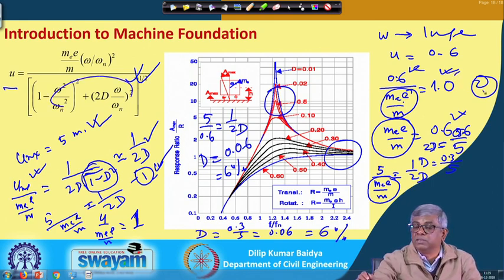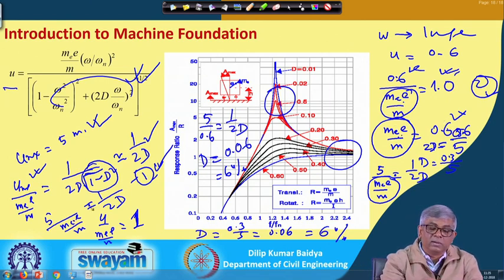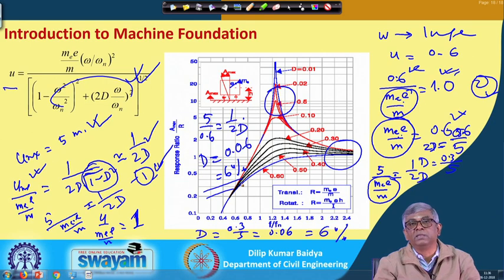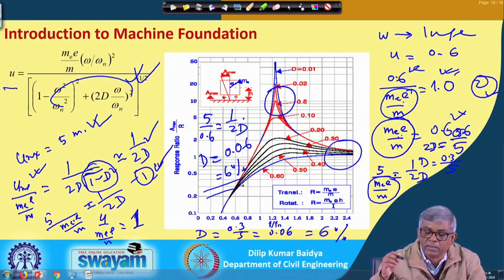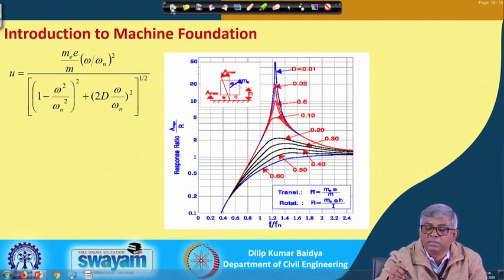So, I have put this one, this is expression 2, and from here I get this equal to 0.6. If I substitute this into this equation, I get 5 by 0.6 equal to 1 by 2d. From there d equals 0.06, which is nothing but 6%. That means damping in this system is 6% only. Okay, this is another problem. Let me go to the next one.